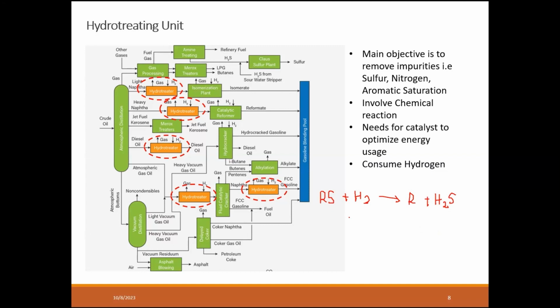hydrogen consumption is a lot, especially in the heavier stuff. So talking about diesel or vacuum gas oil or VGO, or other heavier products. Because for instance, this is a straight chain, right? But what if we have an aromatic compound? So aromatic compound,